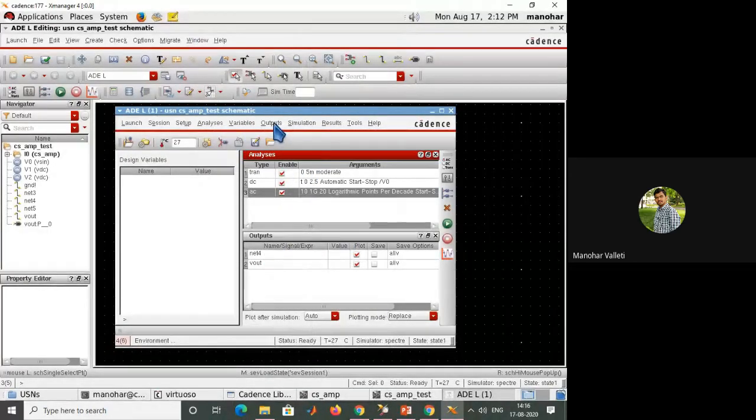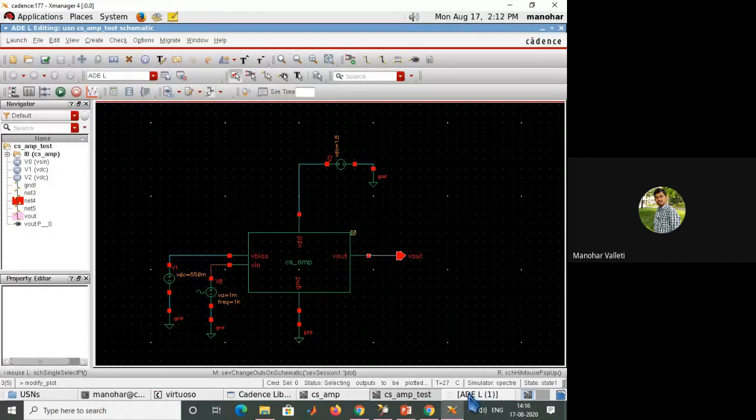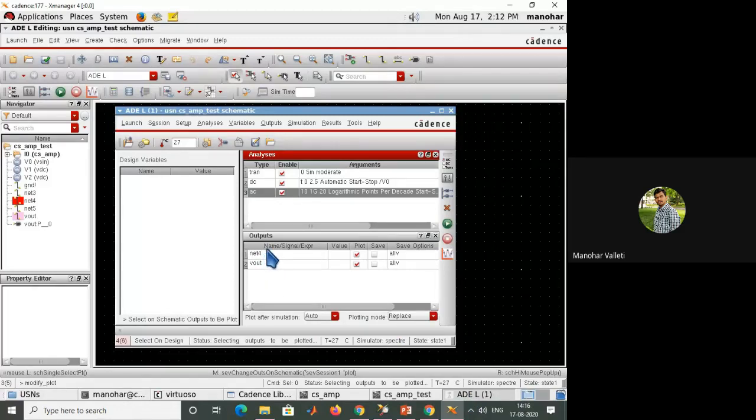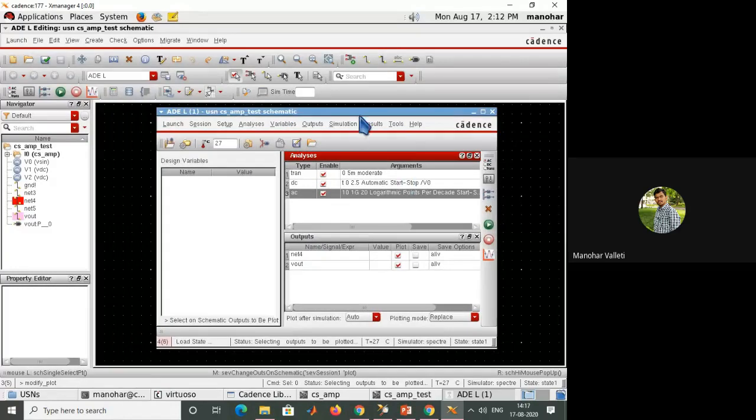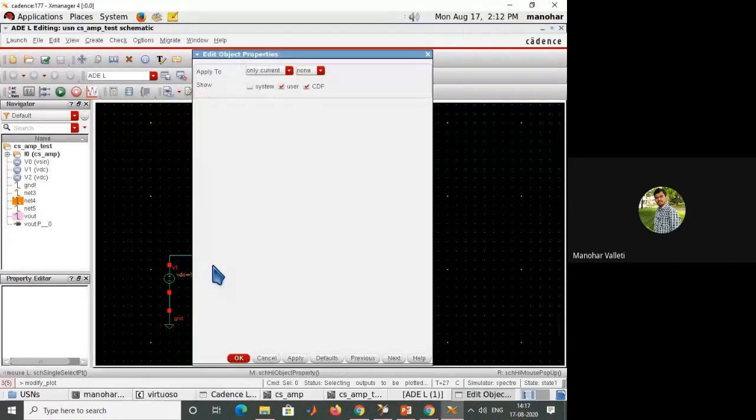Anyhow, you know how to select the output variable, the output to be plotted. Select on the design. We'll go and select particular design wires, right? So V in and V out wires you will select. You see here, net 4 is the input. If I select the input here, you see net 4 is highlighting. Or else, if you want to see the settings of this, again press Q.